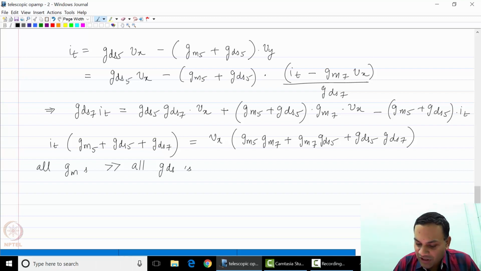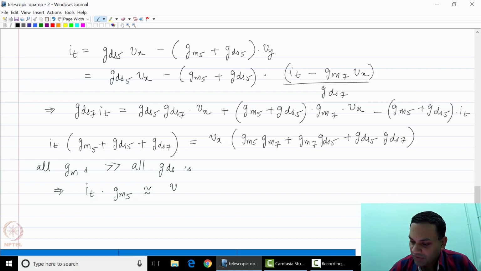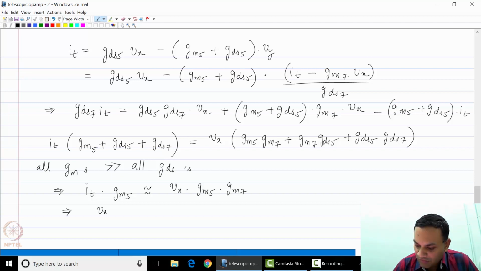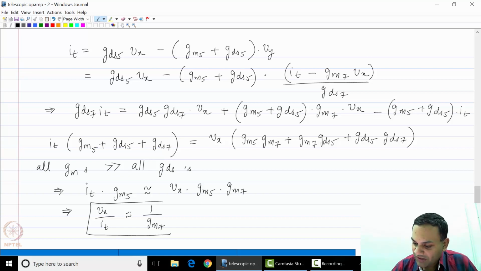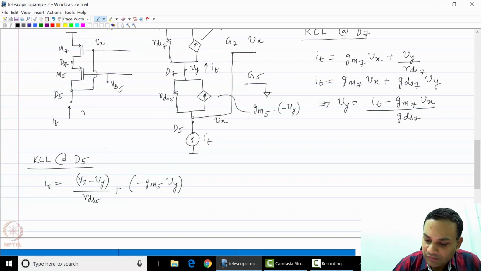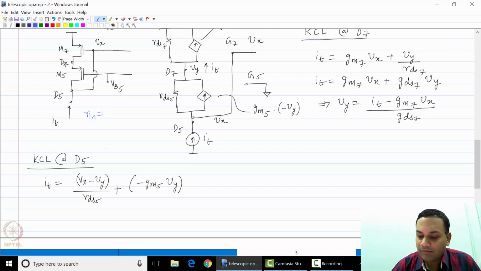If you apply this approximation, IT times gm5 is approximately equal to Vx times gm5 times gm7, and this tells me that Vx over IT is approximately equal to 1 over gm7. So please note that the impedance looking upwards, Rout or Rin, is 1 over